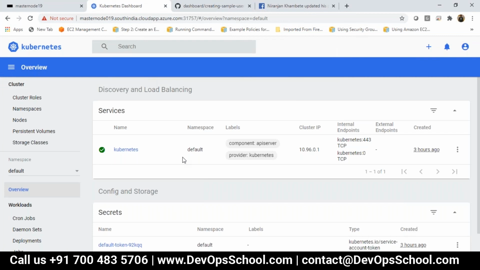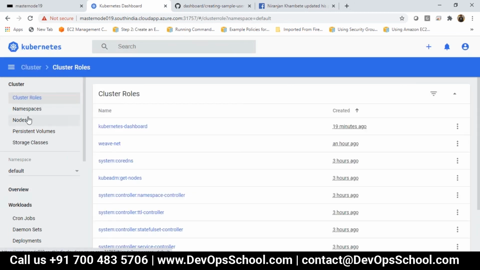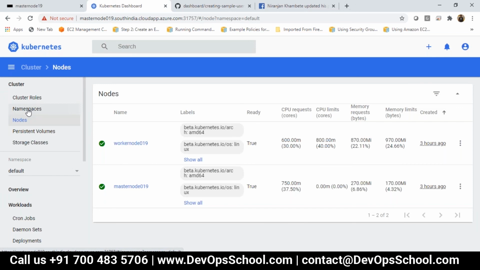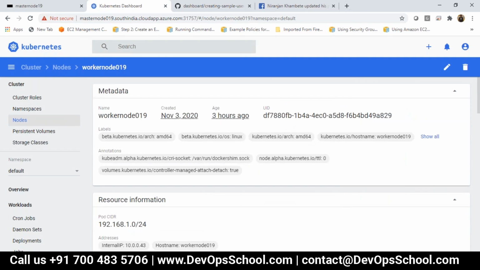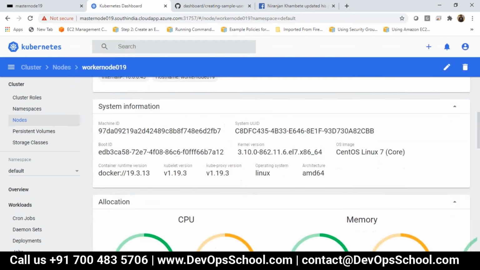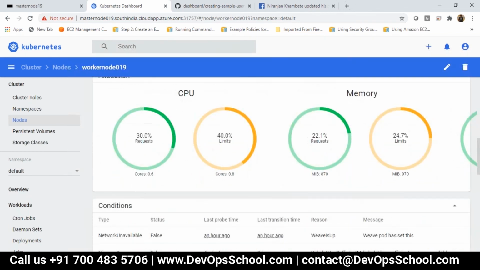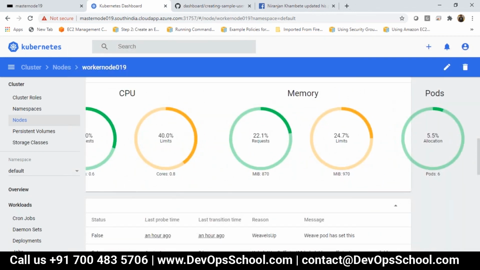Something like this. Yeah. As a developer, till we do not get this type of something, we don't like it. Okay. You can see that there is worker node 19. Click on it, you will see how much time it is up, CPU, memory, how many pods you have using it.